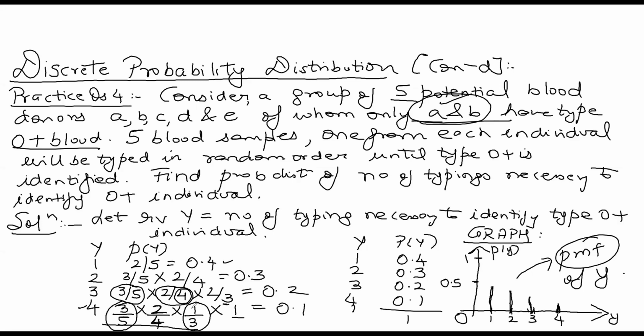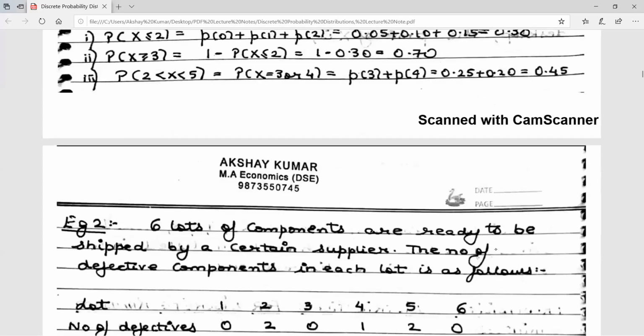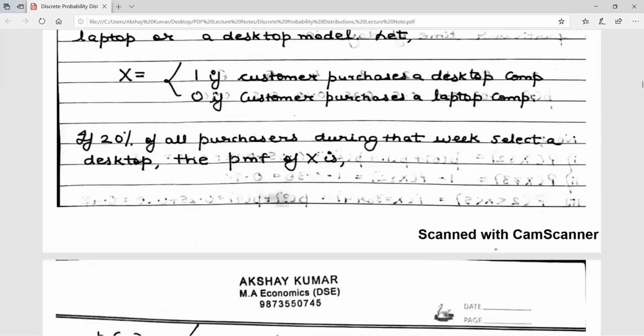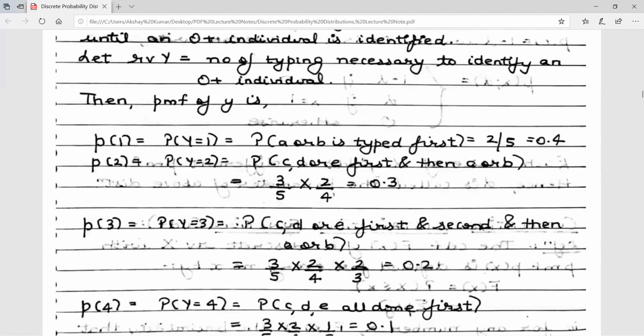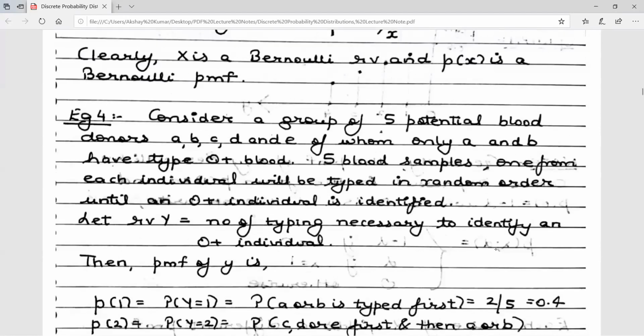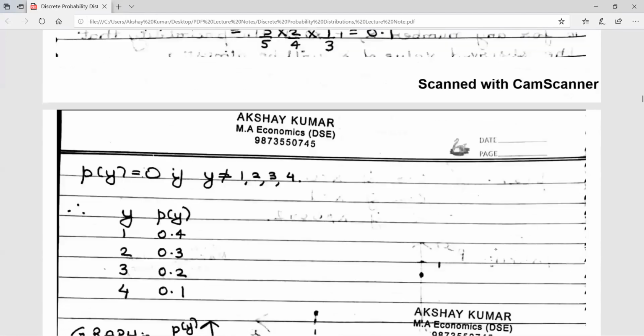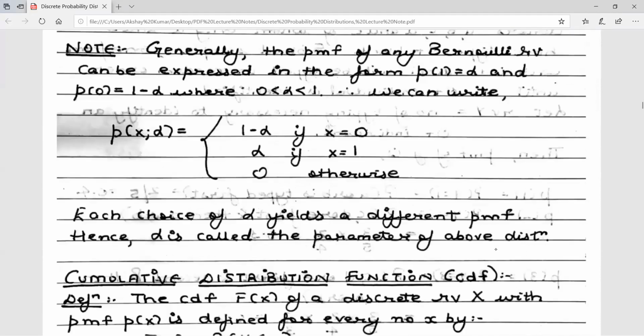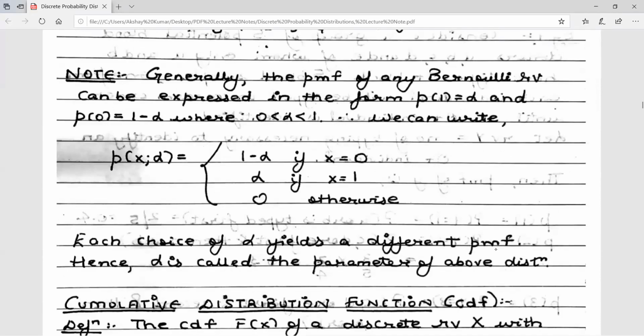So I can erase the whiteboard and we start with the new concept now. So let me first clear off the whiteboard and let us go first to the lecture note now. So we have done these practice questions on the whiteboard. All these we have solved. We have done this one also, blood donors. We have drawn the diagrams. We have done Bernoulli random variable general case.